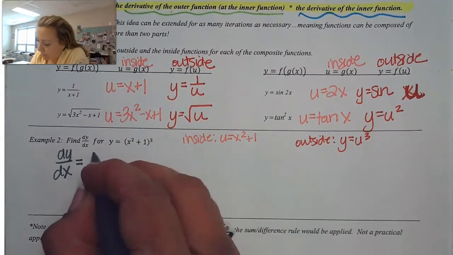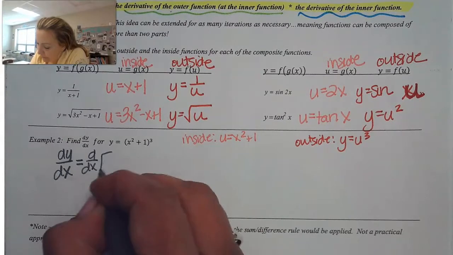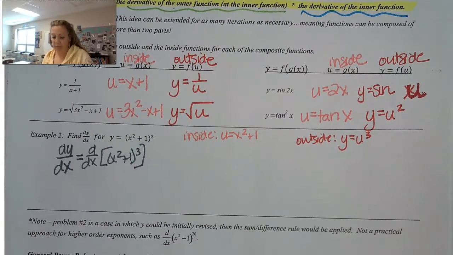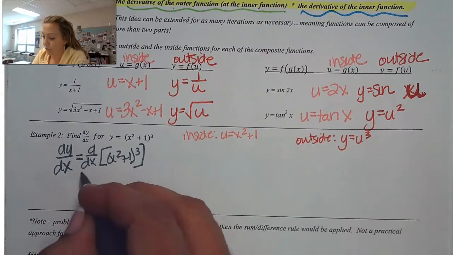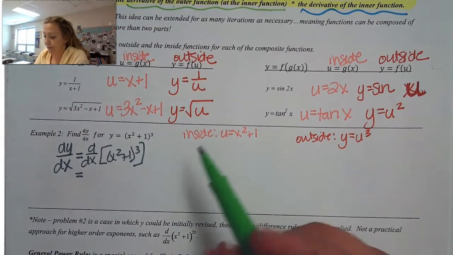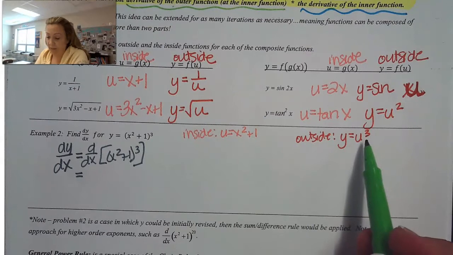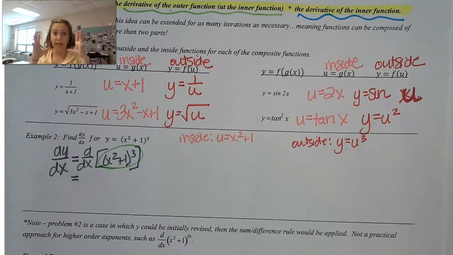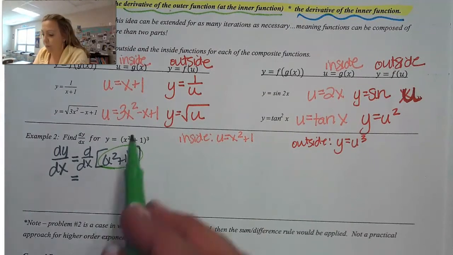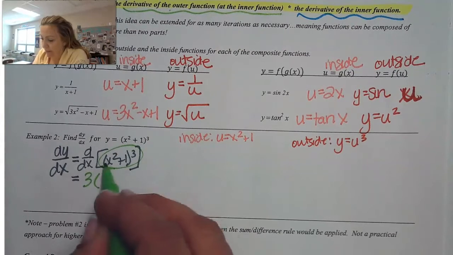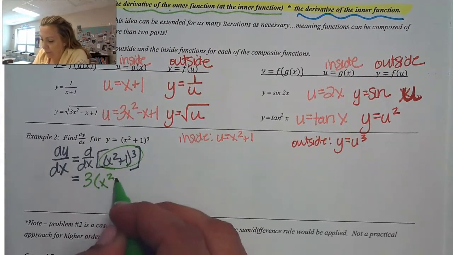So let me just write that real quick so you see that. So this is what we're taking the derivative of over here. What that means is that we're going to have to use the chain rule. We want to take the derivative of this outside function, the whole thing. So let's just do that normally, okay? We can use the power rule. We're going to take 3 times this x squared plus 1